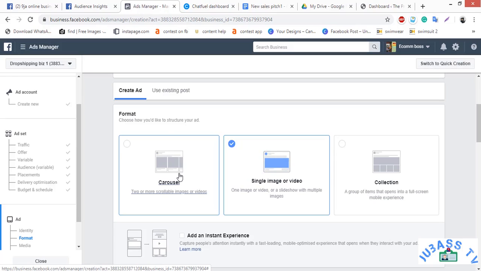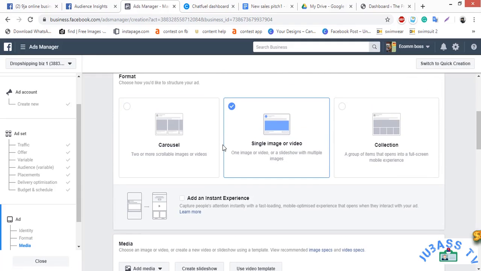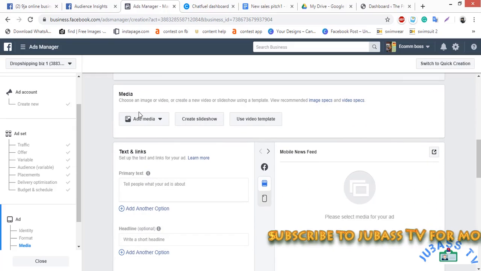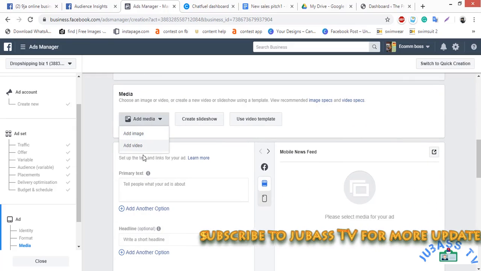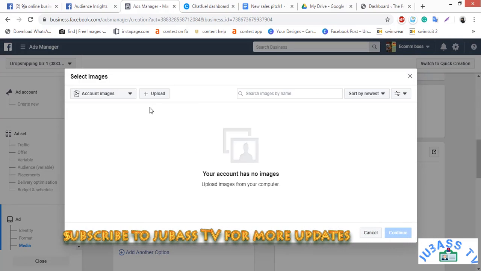You get? So I prefer using video and carousel because in carousels you have a button at the end, at the edge, or at the bottom of each picture. And as they're scrolling through it, if one picture convinces them enough, they'll just click on it and they'll comment. So I'll just show you how to use single image or video, although I don't have any video to upload, but I'll show you. So add media,